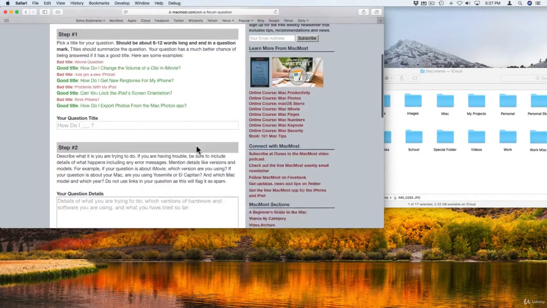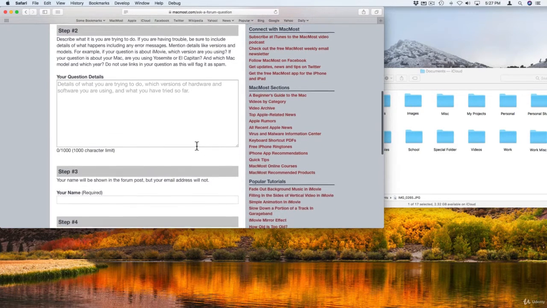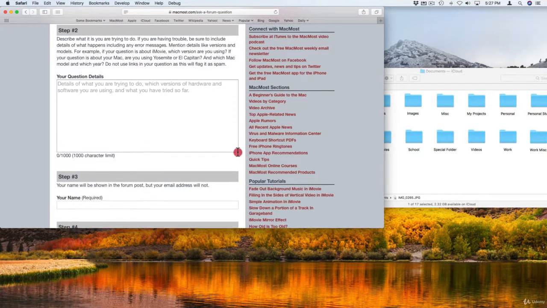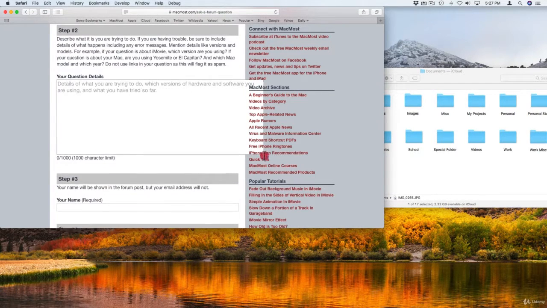Here's another tip here with forms. So you see a form like this, you see something where you need to fill something out. In Safari you have the ability to expand the size of these. You can look at the bottom right corner and you always see these little lines here. You can click and expand the size of this